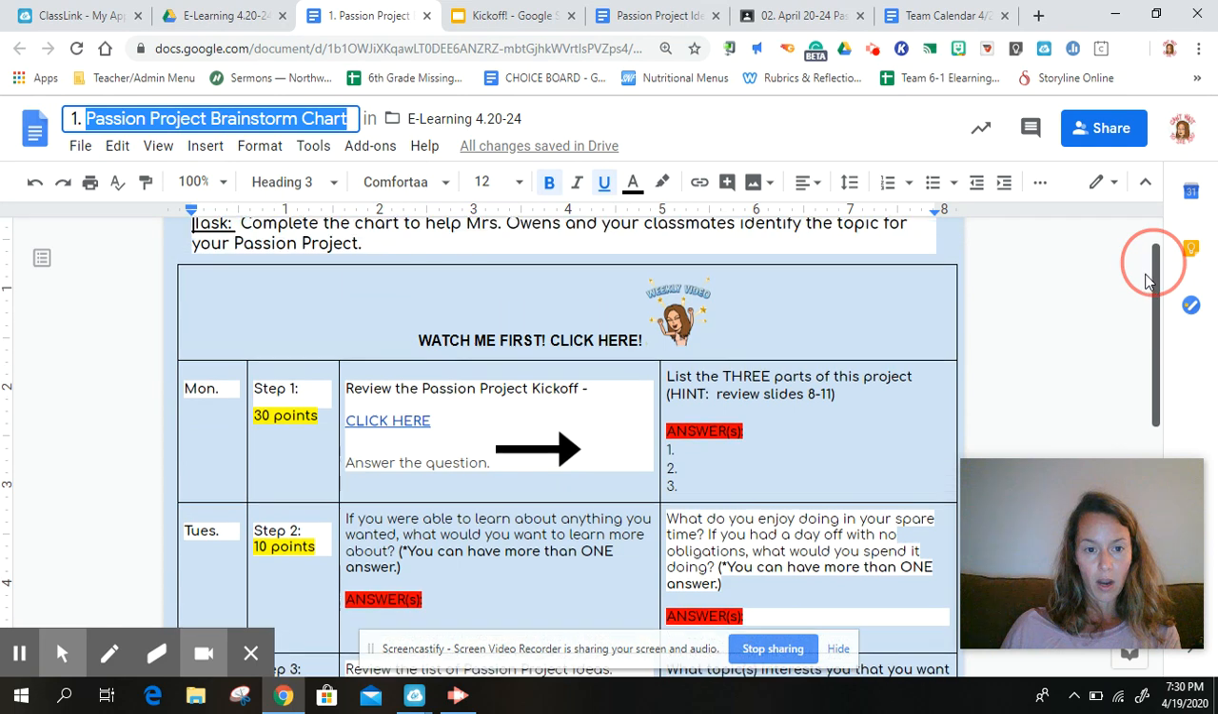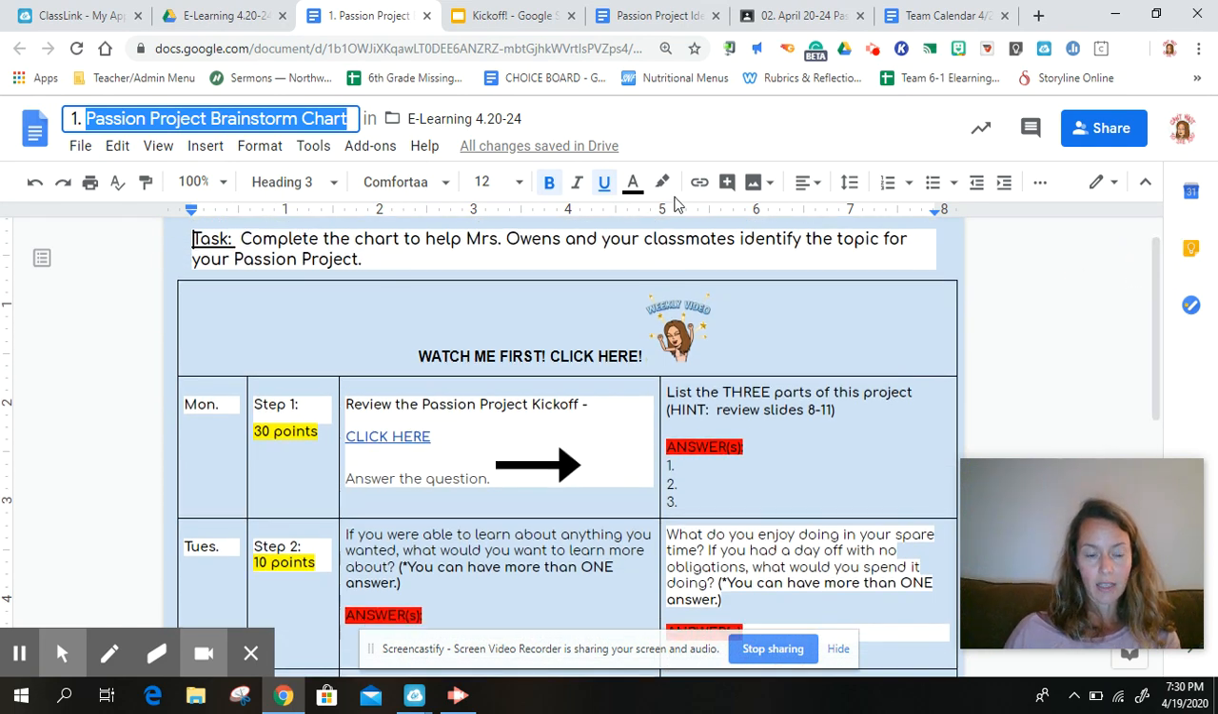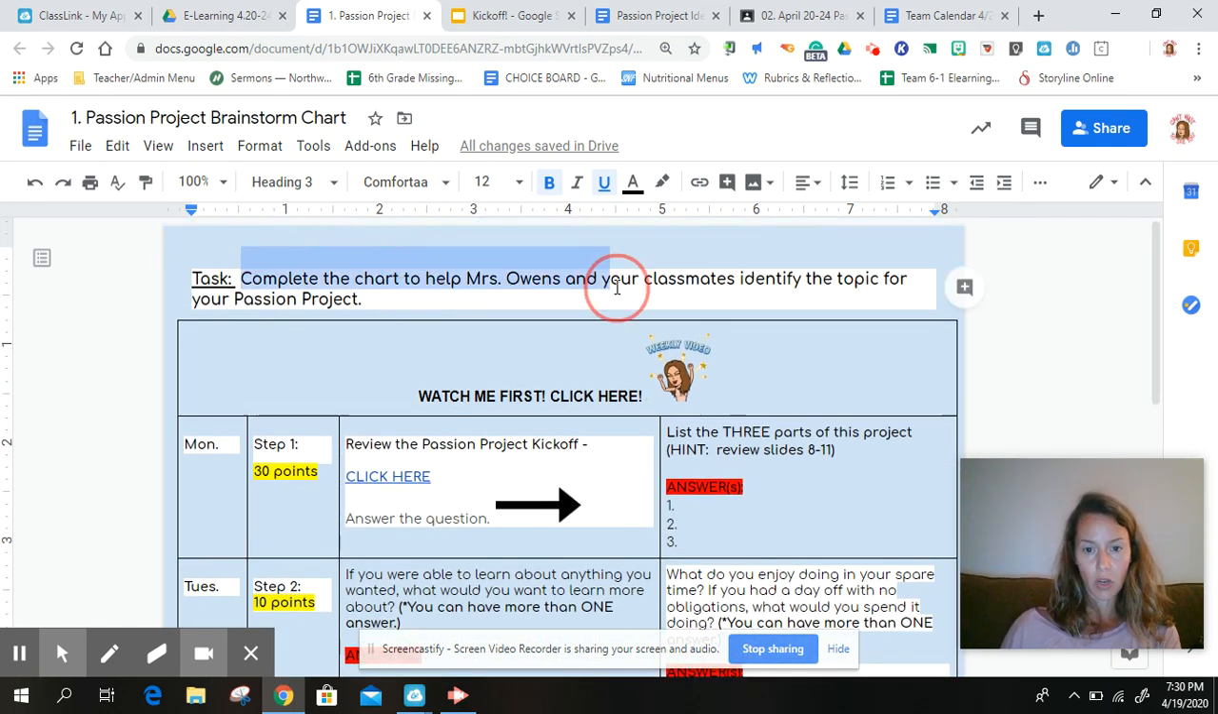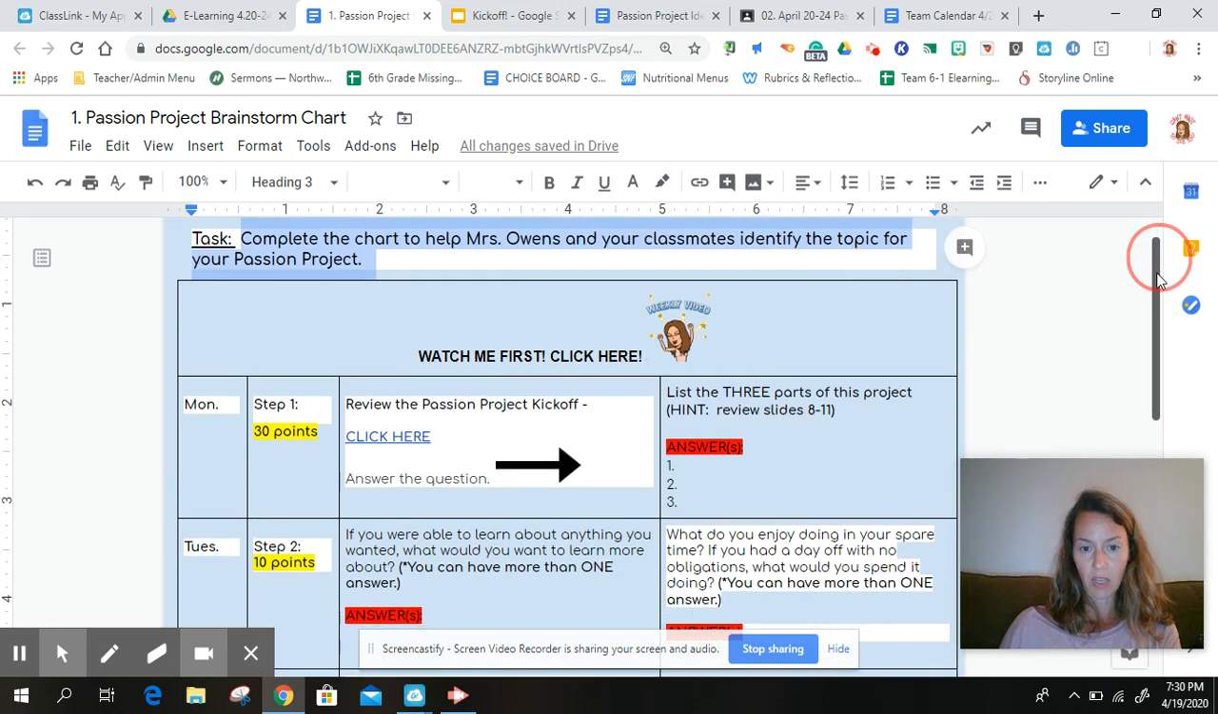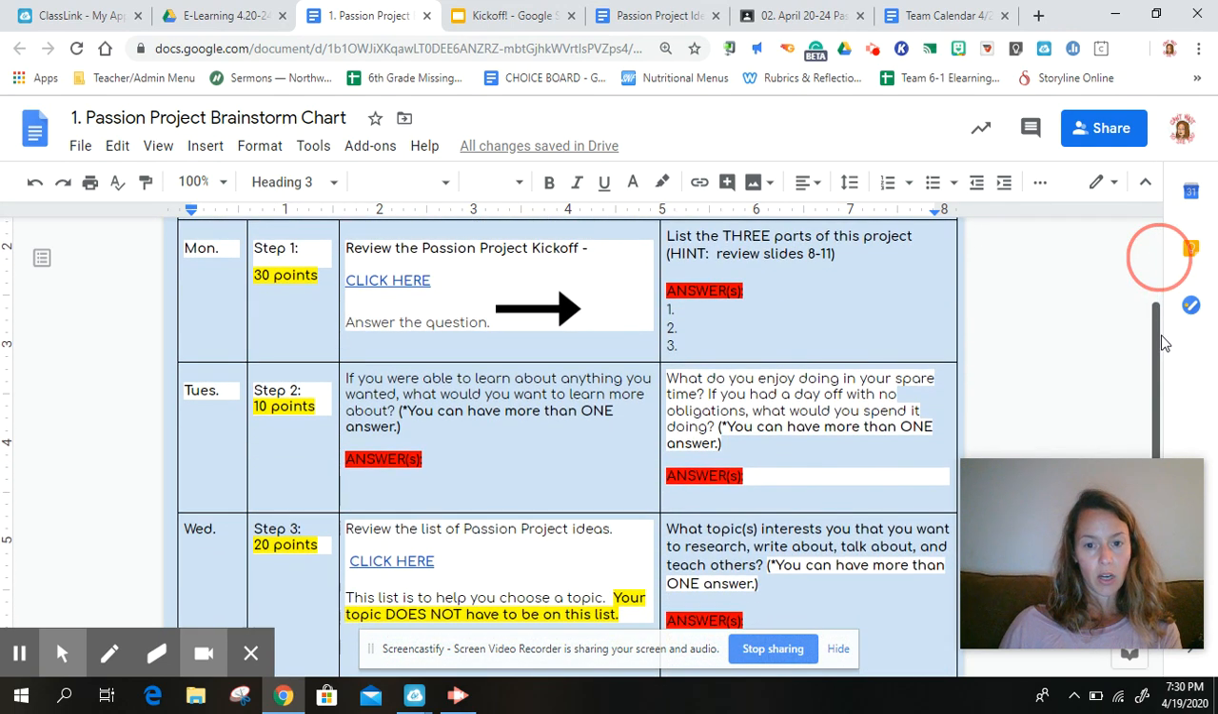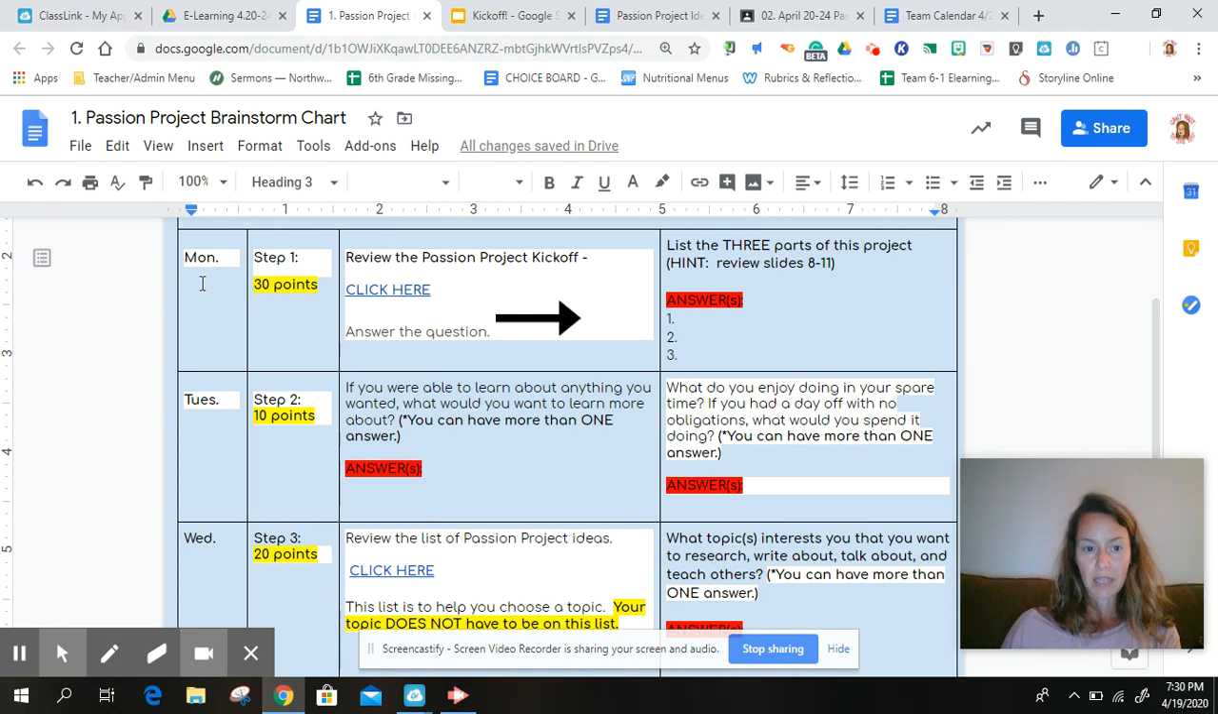So for your task, it says to complete this chart to help Miss Owens and your classmates identify the topic for your passion project. The video that you're watching right now is the video that says watch me first. And we are going to go ahead and look at Monday. So for Monday, you'll see that you will get 30 points. You're going to want to click on this for the project kickoff,